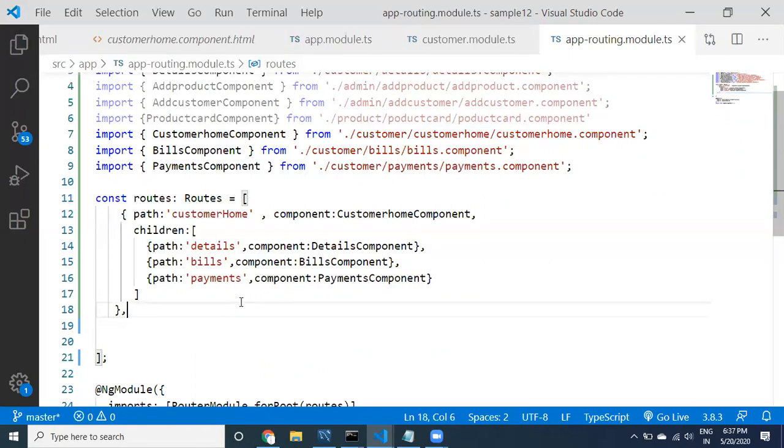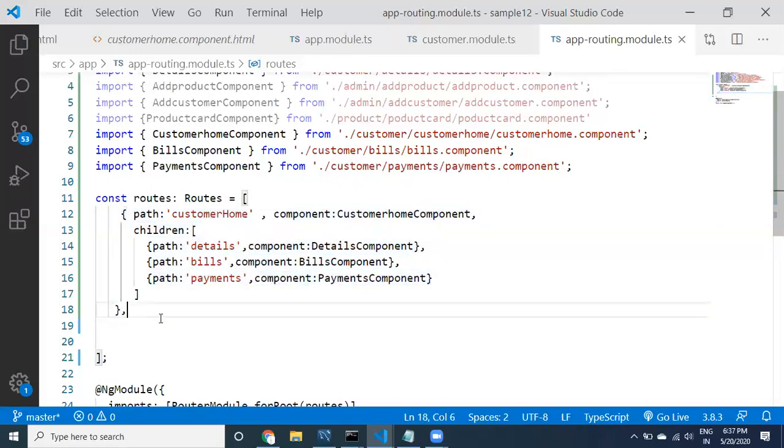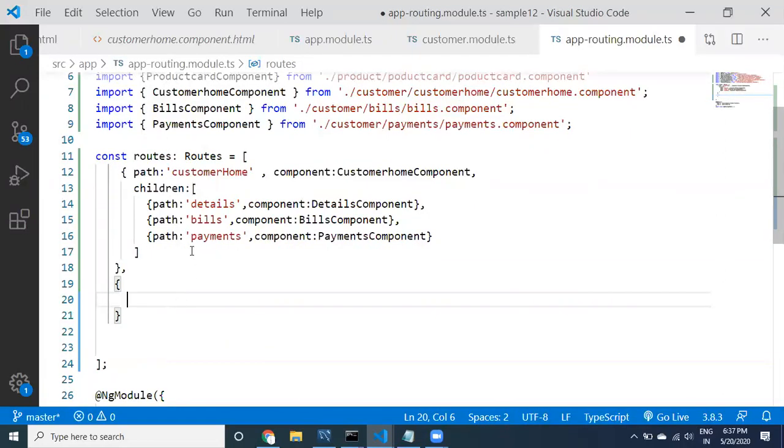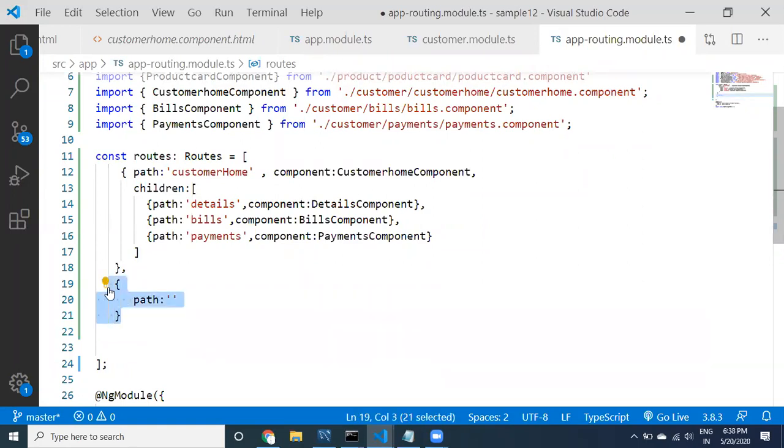The customer home route is independent. Let us look at it, guys. From here to here, it is one route related to customer home. The same way, I would like to take another route containing a path. This path is going to be related to which menu, a sub menu or a parent menu? Parent menu. That's why provide it like this.